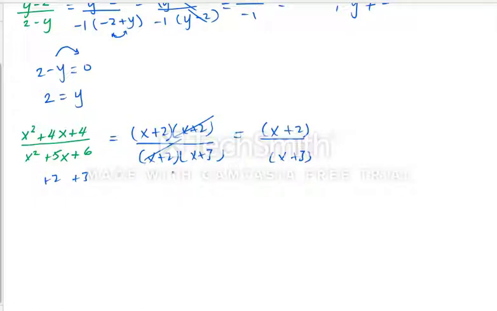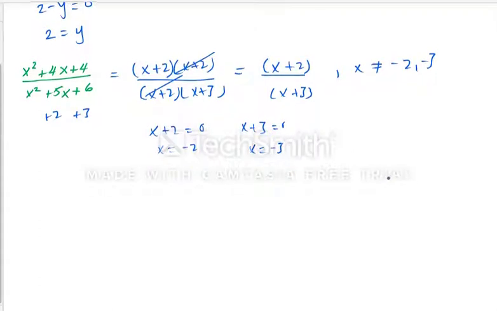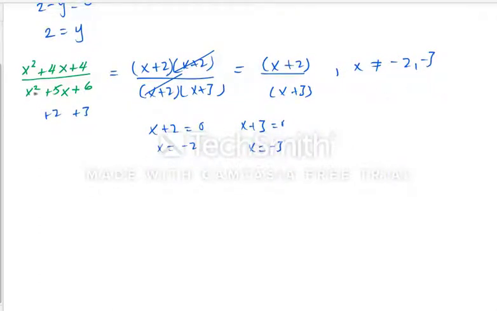What are the restrictions? Well, we have to look at every step of the way. So we have to look at this one. x plus 2 cannot equal 0. What value would make it 0? x is equal to minus 2. So if x was minus 2, this would be 0. And that 0 would multiply this expression, rendering the entire denominator 0. Same with x plus 3 is equal to 0. So x is equal to minus 3. This value would render the denominator 0. So here we can say x cannot equal minus 2 or minus 3. These are the two restrictions, the values that x cannot have, because if x had these two values, then this expression will be invalid or indefinite,